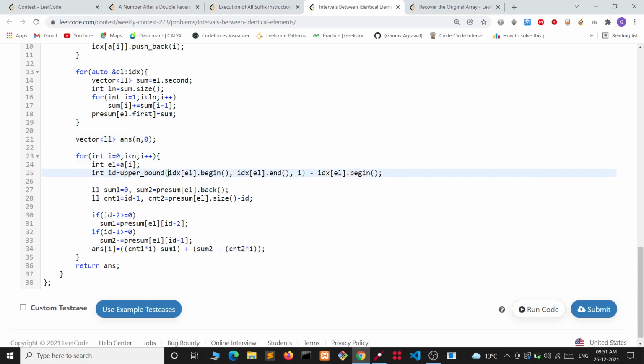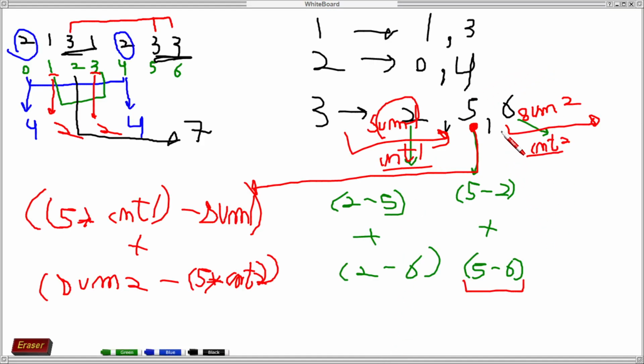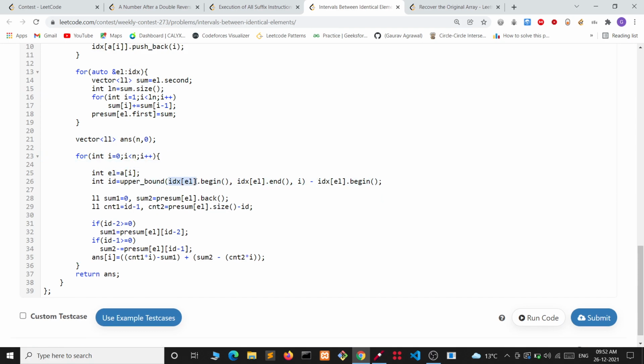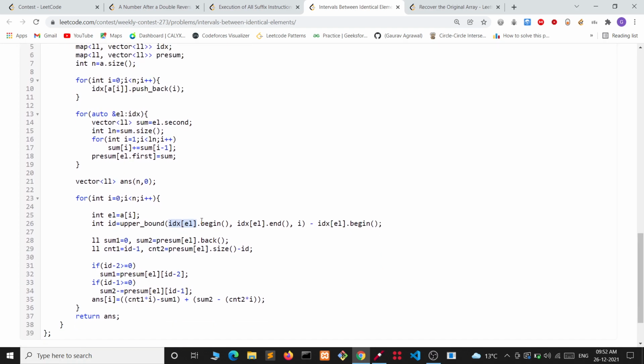So we are putting upper bound on the value of index, like we want to find the answer for this fifth element. So we are putting the upper bound on 5. So we will get this index. We will get the index in the array map with the value 3. So we will get the value 2. After that, after getting that index, this is the element we are having. This is the array which is mapped to that element.